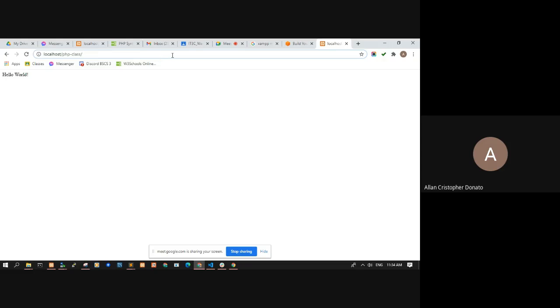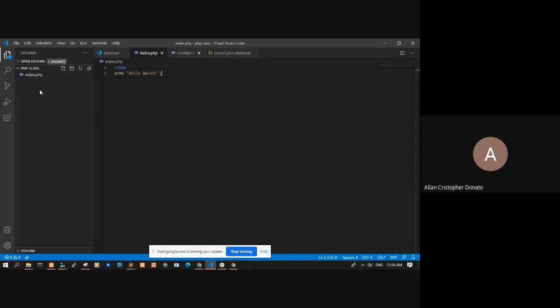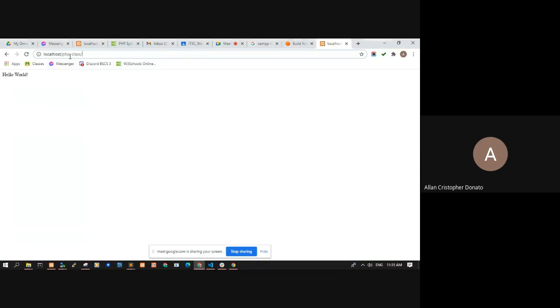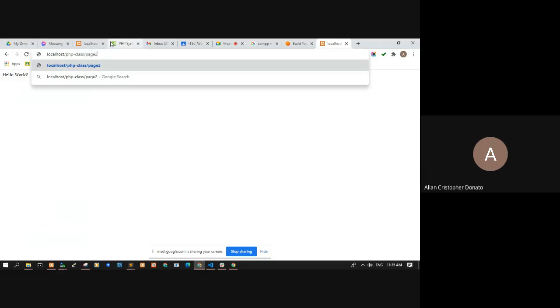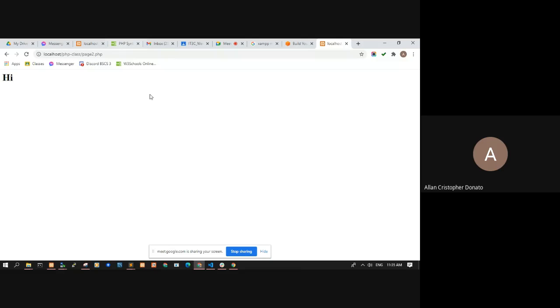If you want to access other pages, for example, we have page 2, you will access it using page2.php. So that's the difference of running your HTML files and your PHP files. Okay? They need to be run through a web server.